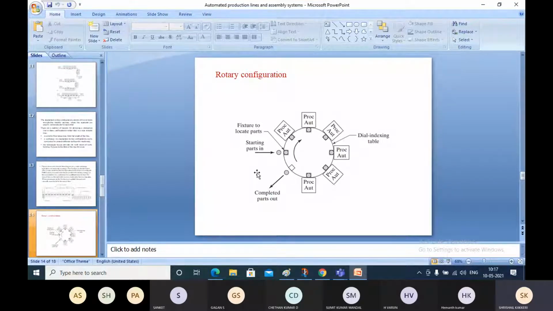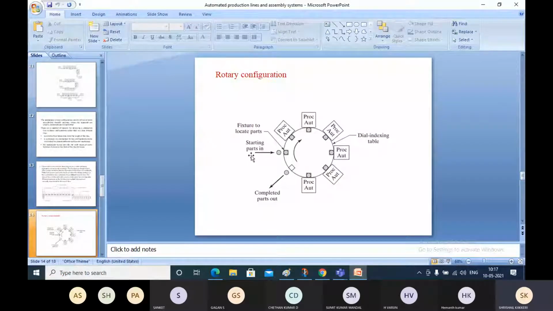And as the name indicates, it will be rotary in structure. In a circular fashion, this is the table. Through the center, the table is what is called an indexed table. Simply, it will not be rotating continuously. For example, there are 1, 2, 3, 4, 5, 6, 7, 8 workstations. The circular table will be indexed into 8. Once it starts to rotate, it will rotate from one position to the other position. This particular angle will be taken as a reference. It is a rotary. Okay.